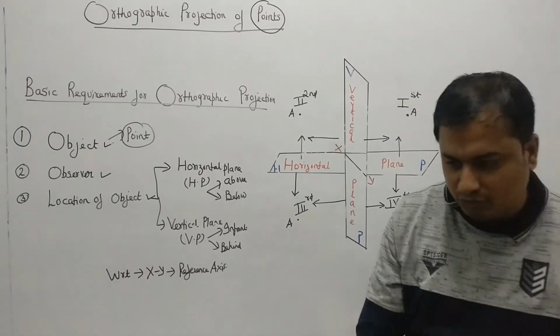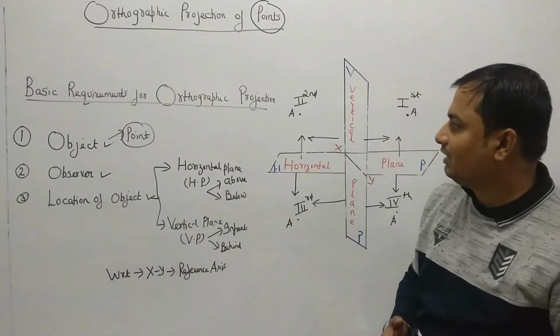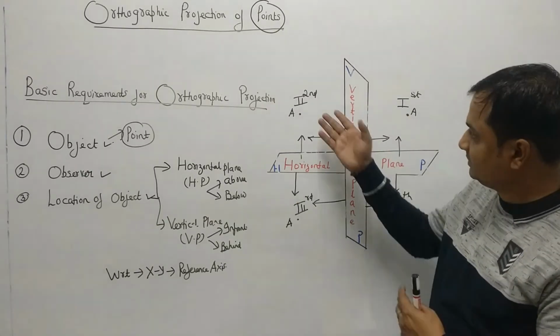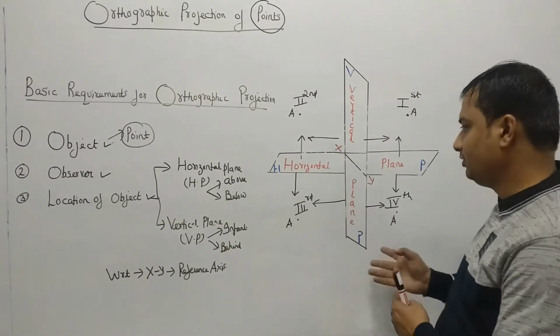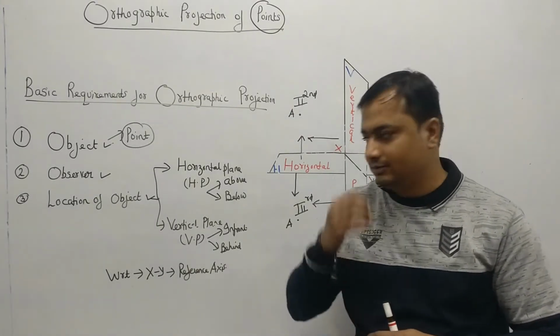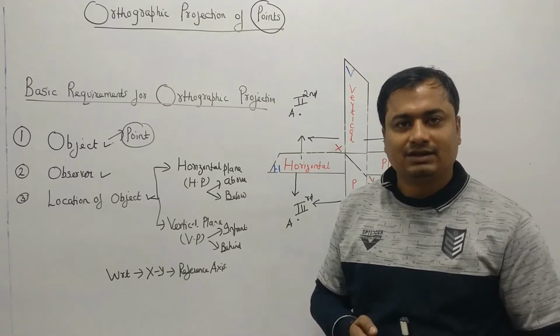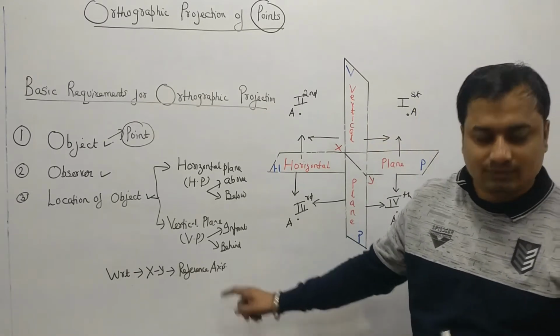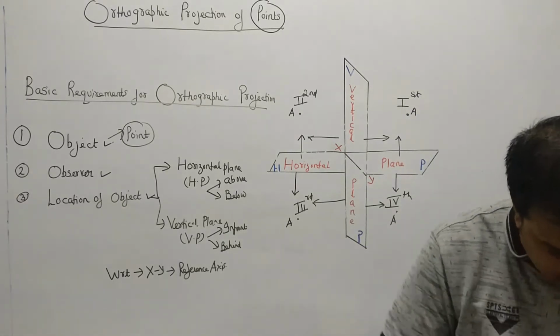So what we have to do is draw the orthographic projection of the point when the point is lying in the first angle, second angle, third, and it can be in the fourth angle. So there are four cases regarding the projection of a point. One by one I will deal with each case and plot the front view and top view with respect to this reference axis. So coming to the first case,